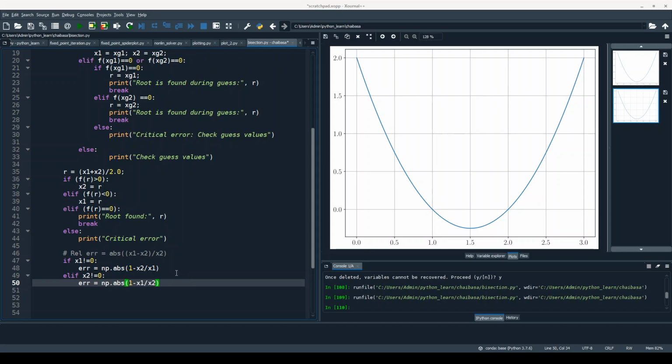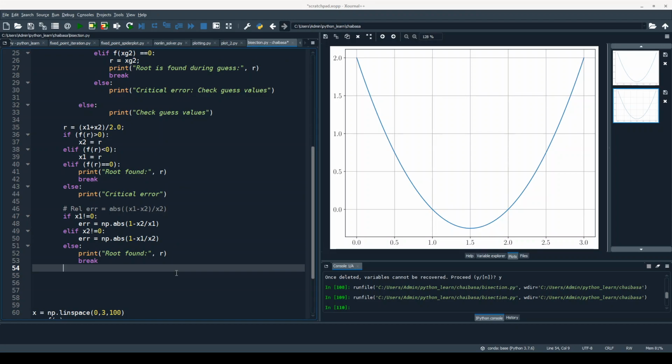So these are just ways of defining the relative error. If none of these works, it means both x1 and x2 have become 0, and obviously the root has to be 0. So then we will say else print root found, and we can return either of the two values and we will break. Okay, I hope this is clear.